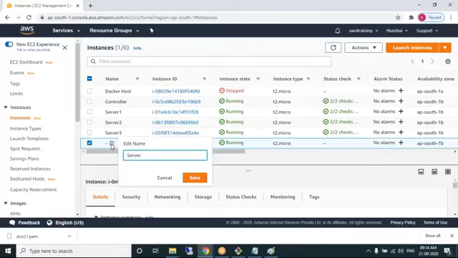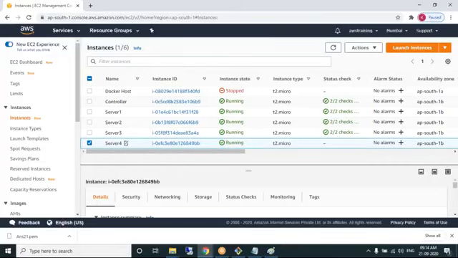Now, AWS team, in case you're creating an EC2 machine, the AWS team will help you to create an EC2 machine. AWS team and DevOps team closely work with each other because all the tools are deployed on a cloud platform. Okay, so I have connected to server 4.